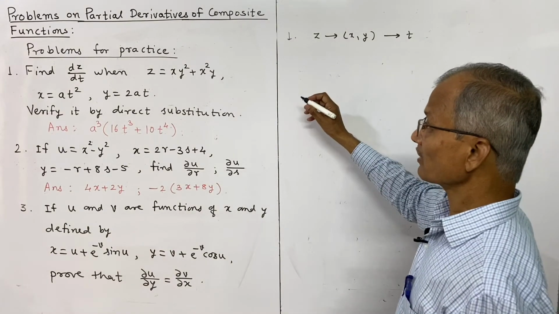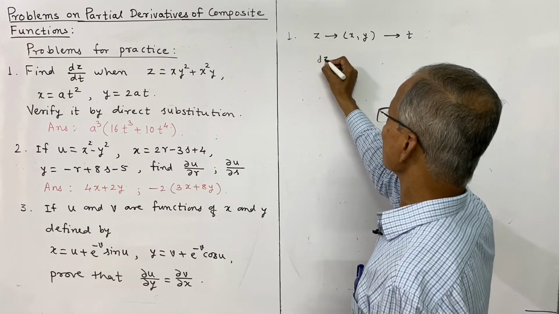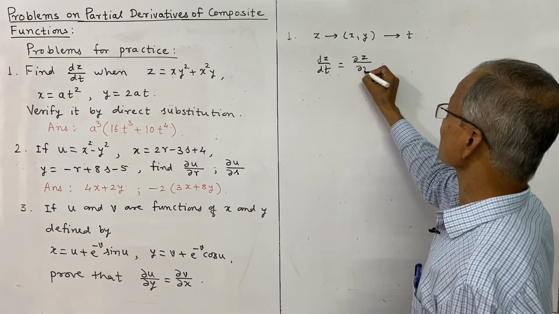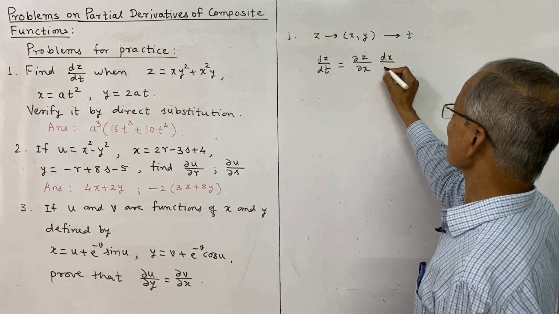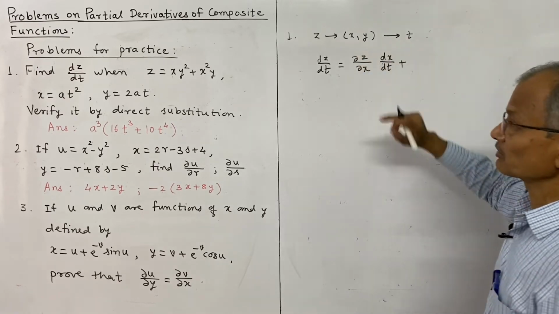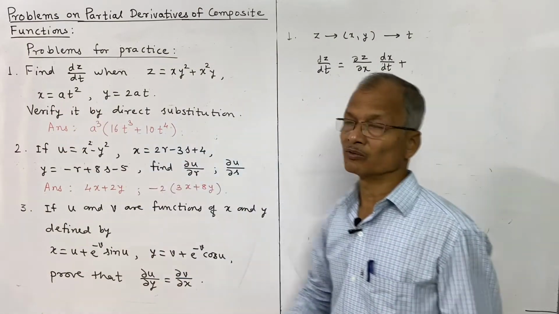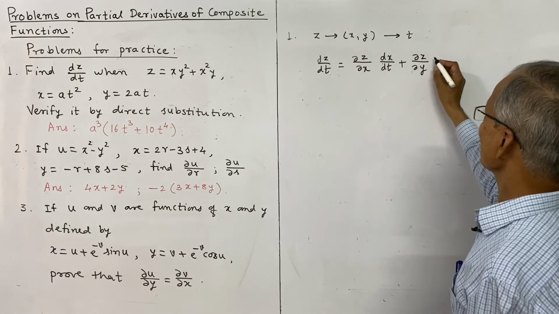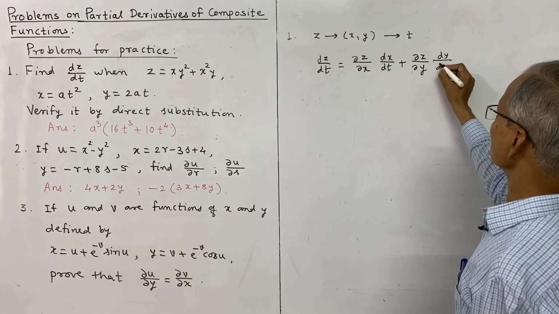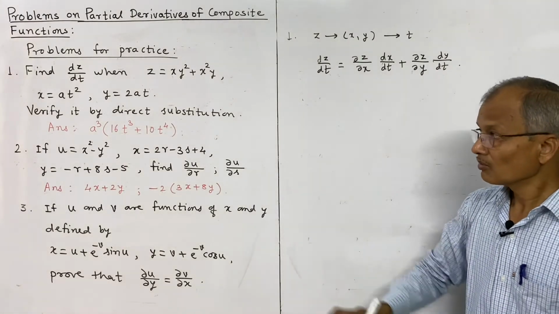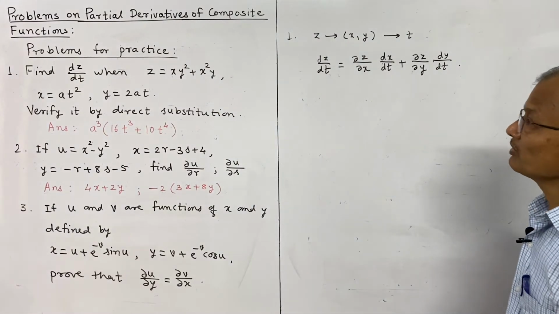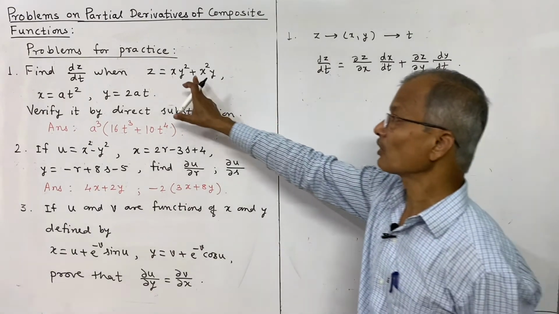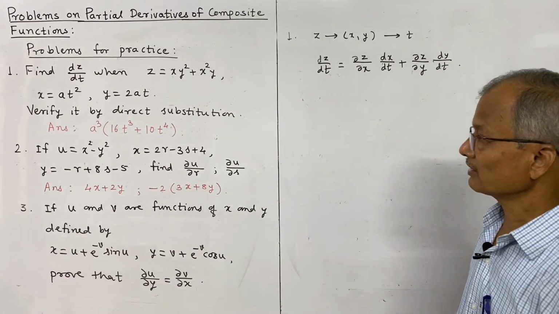So therefore here we have proved this result, dz by dt is equal to the partial derivative of z with respect to x into the derivative of x, not partial but the total derivative of x with respect to t, because x is a function of t only, and plus the second part will be the partial derivative of z with respect to y into the derivative of y with respect to t. So this rule we have to use for this problem. It is easy, only put the values of dou z by dou x and dx by dt from these functions. And this will be the answer.